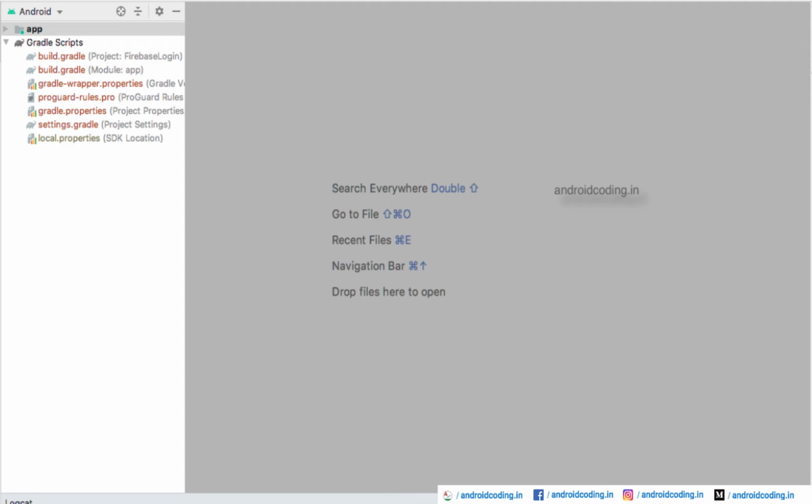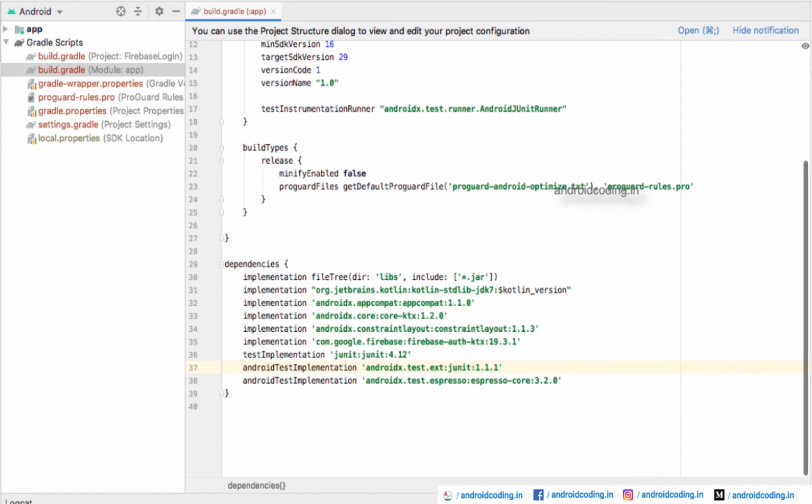If you have a good knowledge of Firebase, no problem. Even if you are accessing Firebase for the first time, if you follow this tutorial you will have a very easy way of implementing Firebase login. Let's start with our dependencies. The easy way to add Firebase to your project I have shown in a link above in the card. If you follow it, you can easily update your current project with Firebase.